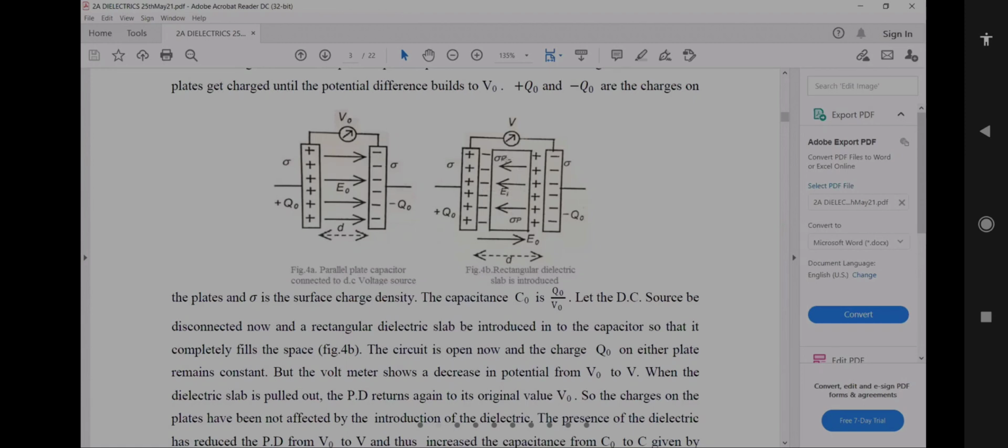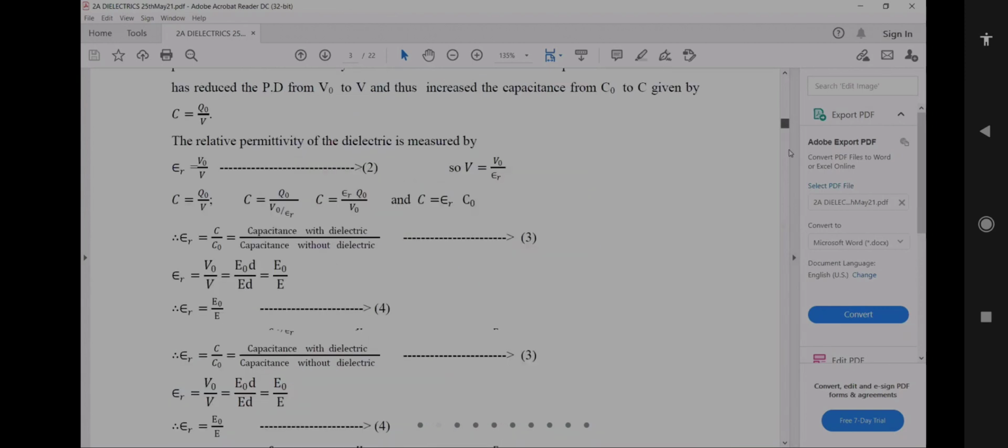Here sigma P is the induced surface charge density. This sigma P is due to this electric field, whereas sigma is the surface charge density due to this electric field. Here E naught and E_I are both in opposite directions. See this, E naught and E_I are both in opposite directions. So therefore the net electric field can be written as E is equal to, see this,